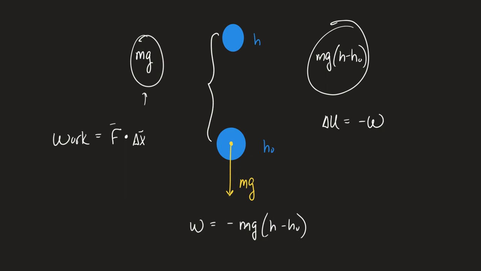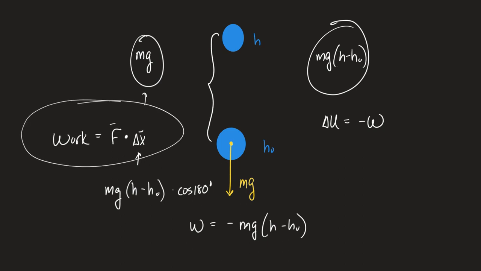And during the course of lifting the object up, a delta x of h minus h naught, there's a downward force of mg acting on the object, and the angle between the force and the displacement is 180 degrees. Right? Those are the parts of our definition of work. So this is not a first principle. This is a definition. We are defining work this way. That's how physicists have defined it. And we did work lifting the object, but gravity did a negative amount of work while the object was being